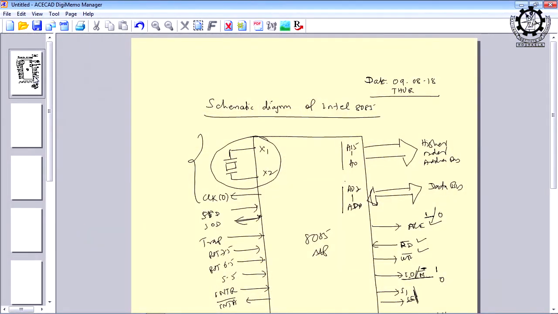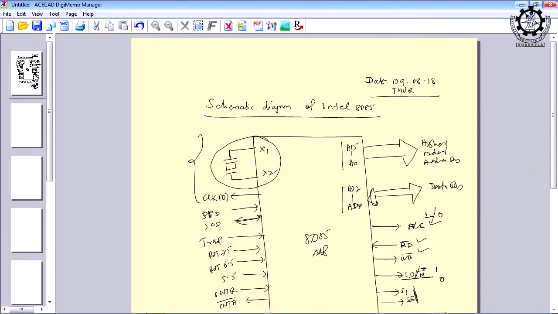But whenever you want to send data from one unit to another unit via the microprocessor, you can make use of this SID and SOD. What is SID? Serial input data, where the data from the source device can be sent to the microprocessor, and the microprocessor can buffer it either in a register which is available to the programmer, or store the data temporarily, and this data will be further transferred to the destination device.